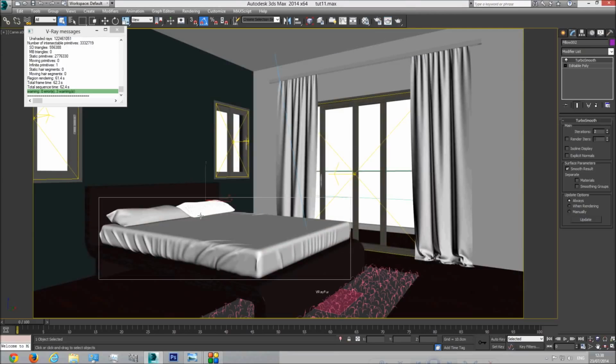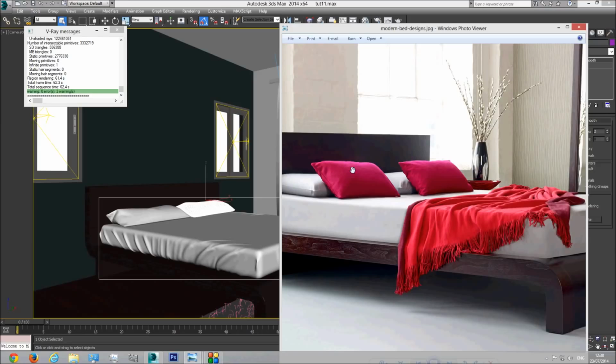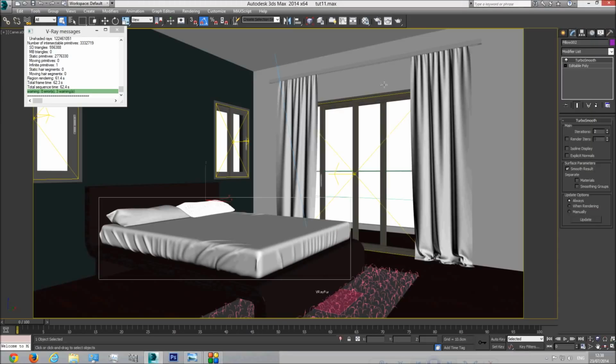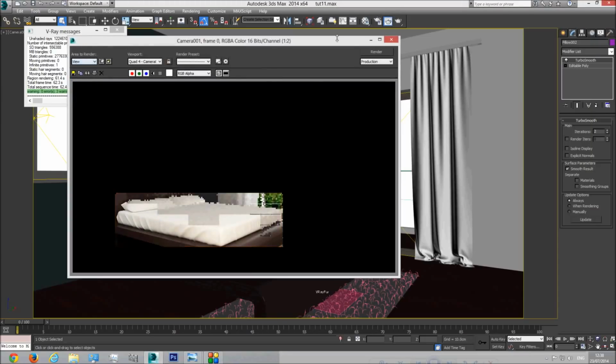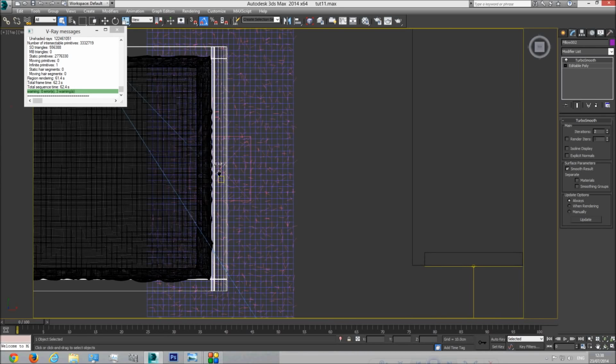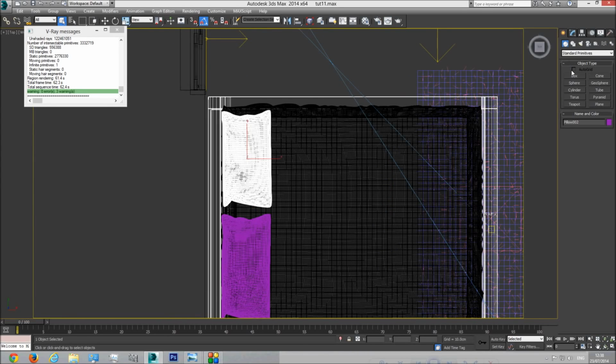In order to create these pillows, I'm going to use the same technique I used for the first two, but I'm going to apply a little more pressure because these pillows are fuller. I'm going to create a box that will be our pillow. Place it over here,